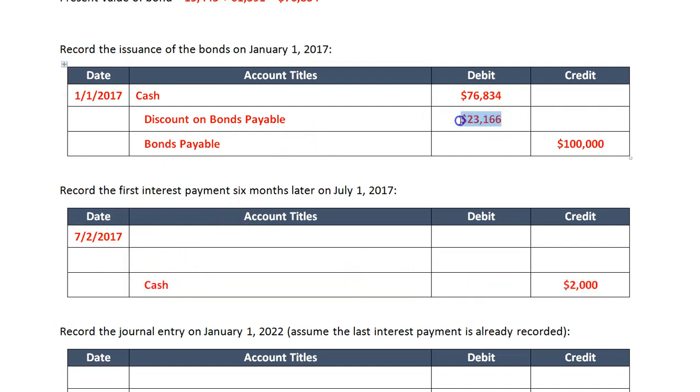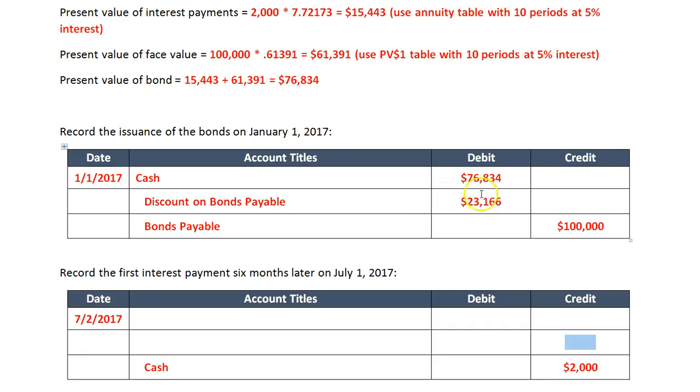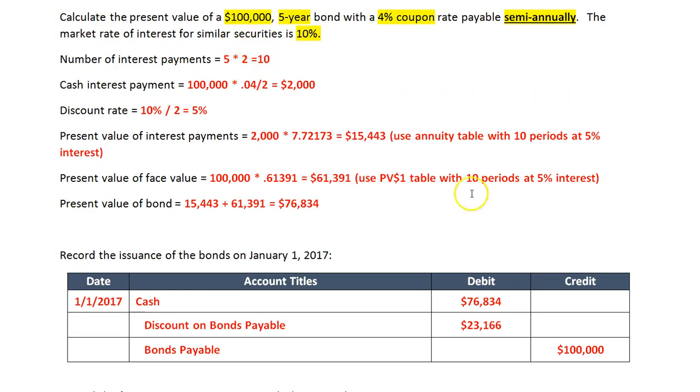Let's see, we've got to amortize this discount. When we amortize it, notice it's got a debit balance now. We're going to credit the discount to amortize it, and we're going to divide it by the total number of periods. If we go back and look, there's 10 total periods. So this number divided by 10 equals